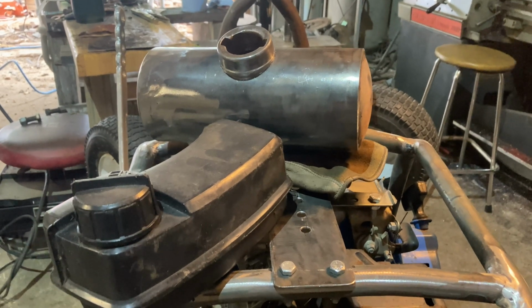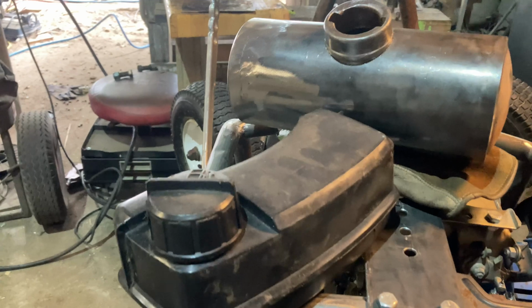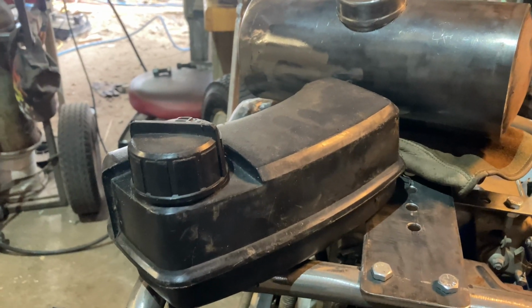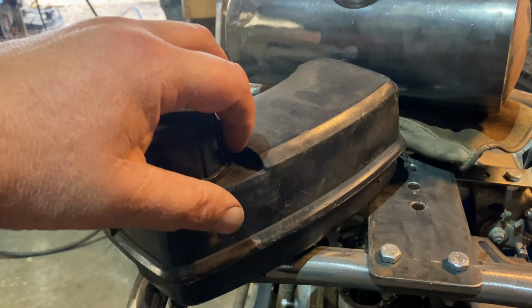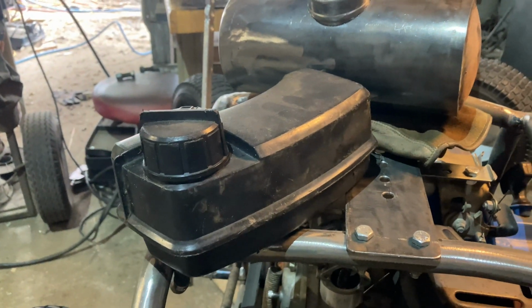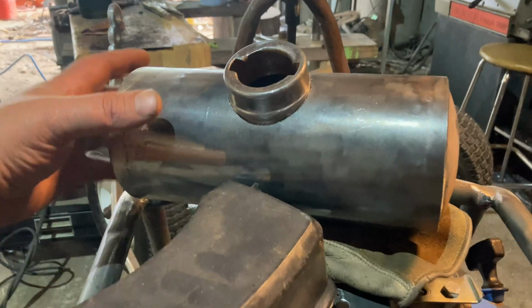So I took our fire extinguisher and I shortened it down. It's a little bit bigger than this plastic tank now. The reason I didn't use this plastic tank is because it's got a crack right along here and it leaks like a sieve, so I don't really want gas all over me while I'm riding around. But anyways, we cut this thing down,